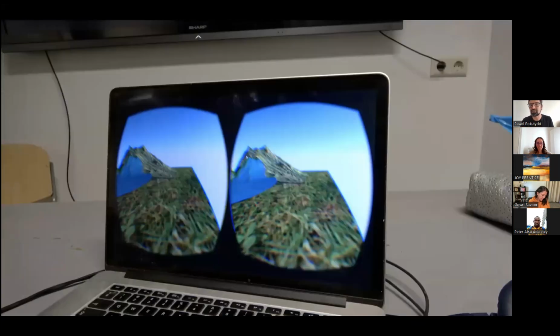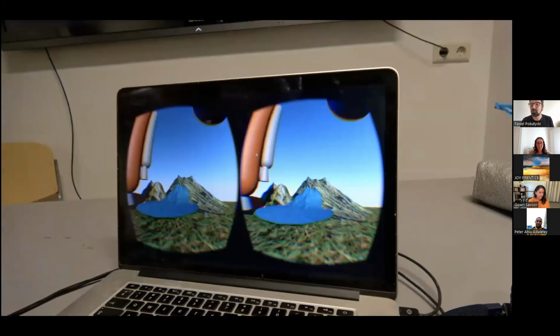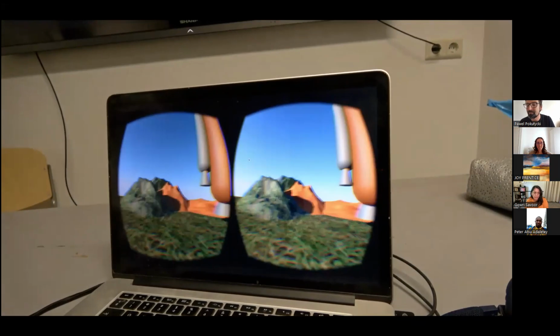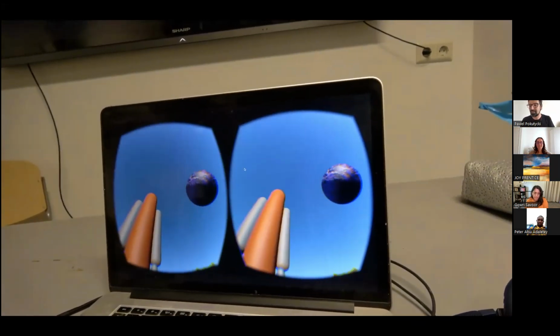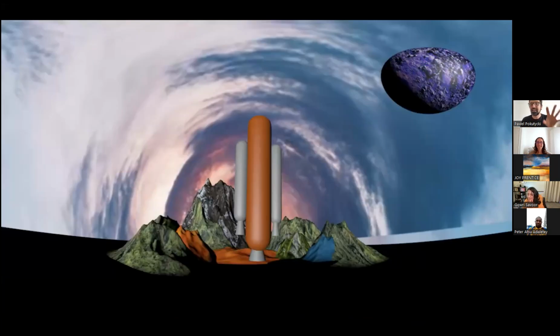And in this case, what the girl is looking at is another project of another student, which is a concept of a computer game in which you are trying to save the planet. But in this scene, he visualized that it's too late. We lost it. We have to leave planet Earth. And on Malieveld, there is a rocket, a space shuttle, right? A spaceship. You can board that ship and escape planet Earth. And I asked him, okay, is the game finished? Because it's a very sad end of the game.